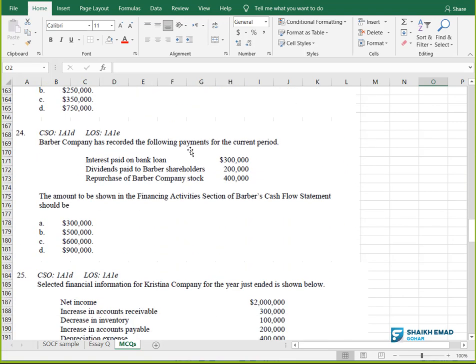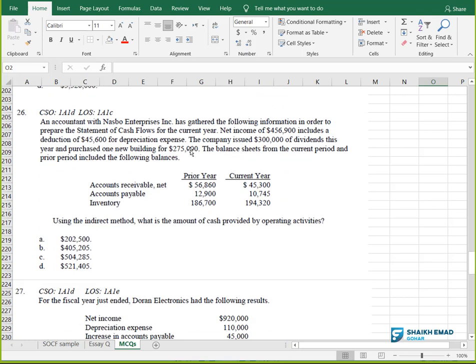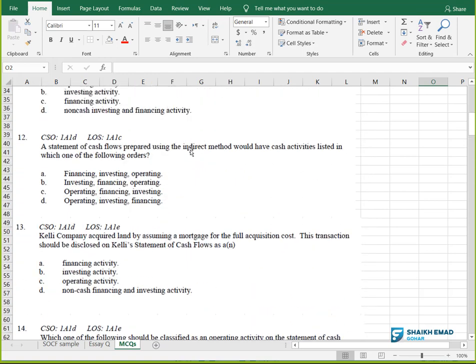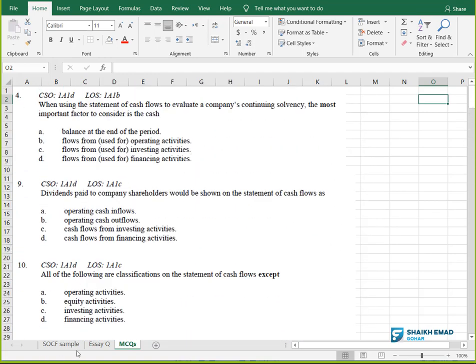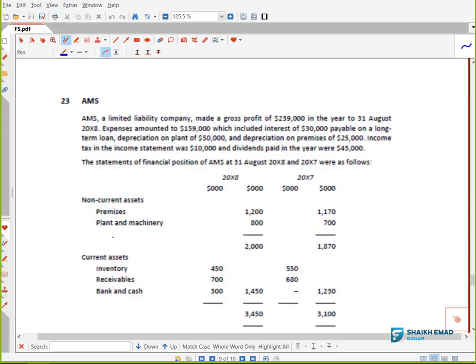So how to solve these MCQs? First of all, you need to learn the full picture and then you can solve these MCQs easily. This is the purpose. But you never know, in the essay question also they can ask you a full-fledged question, but very rare. Maybe they can give you a basic type of small question.